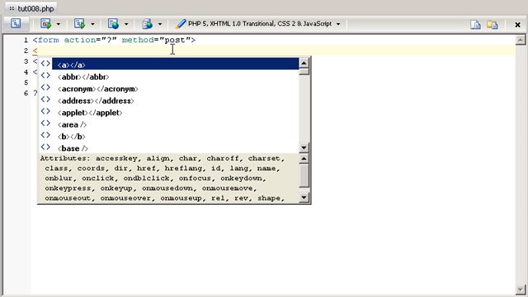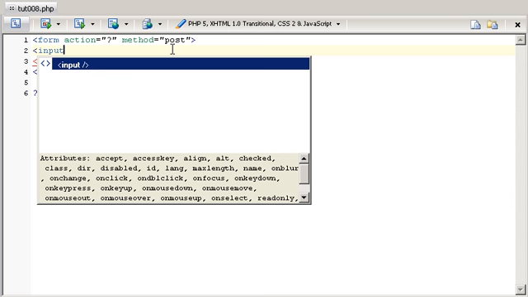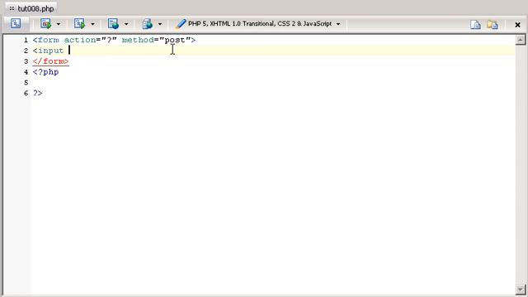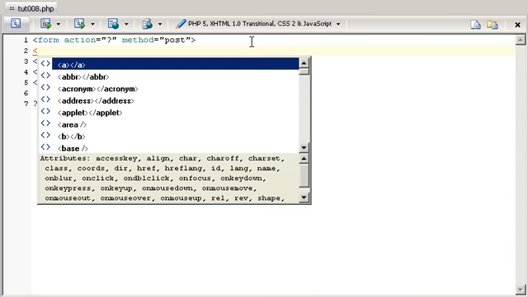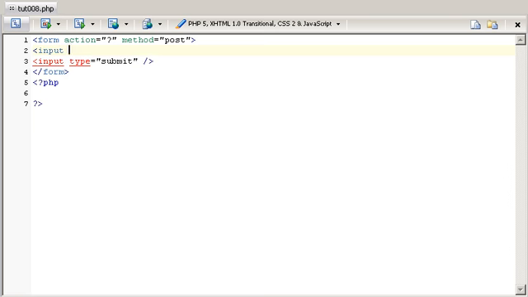Now, the way that you have a form to where the person can send it is by having inputs. So I could say an input, and I'm going to say the type is submit, and that's kind of for a submit button. Now, the next thing I'm going to put in is an input for a type of input that you can put text in. So I'm going to say text, and I'm going to name it